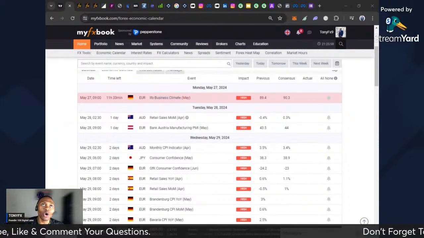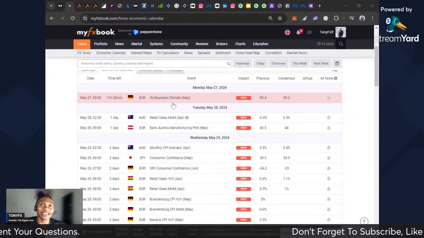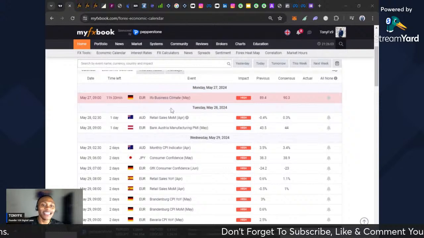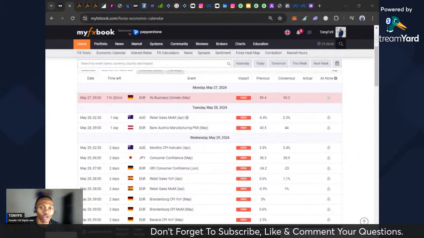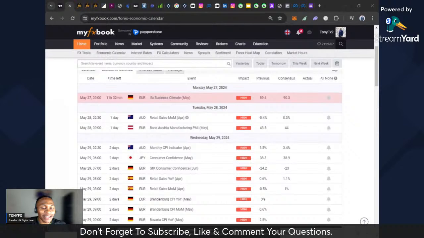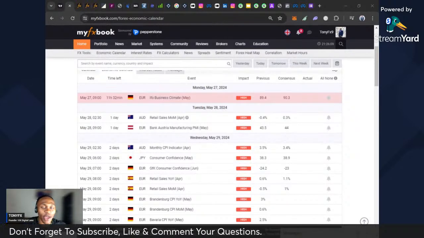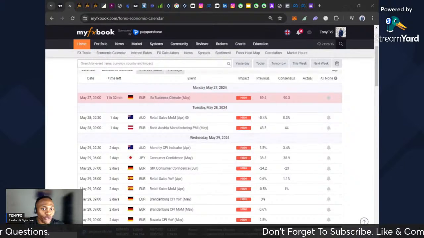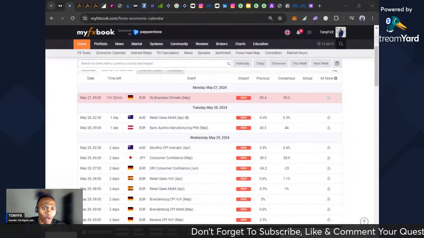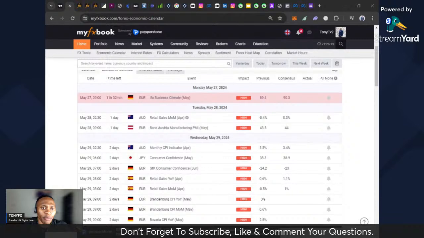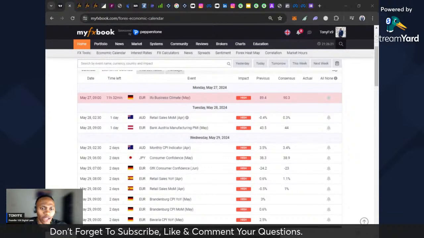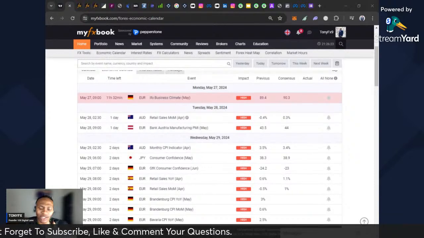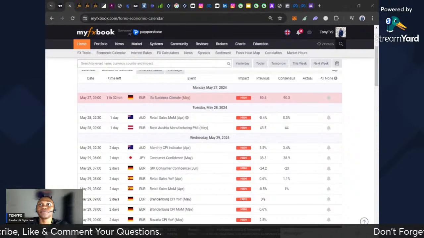So what this business climate means is that people in Germany are saying that yes, we are happy about the business conditions: the tax we pay, paying our employees is easy, and so on and so forth. Rent for our accommodations is easy, producing our product is more affordable, and so on and so forth. That's what this business climate means.